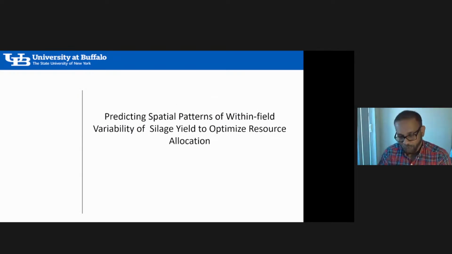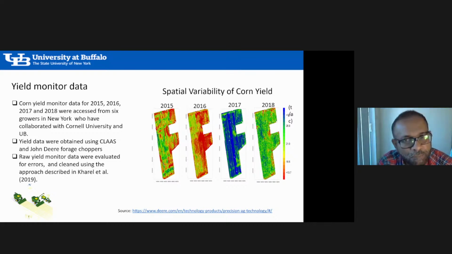In this study, I was working with Cornell University in collaboration to find out the spatial pattern of within-field variable silage yield. This is important for optimized resource allocation. That means applying variable rate fertilizer application. So we use a large number of high resolution yield data. We get the data from John Deere, and they collected the data at every 1 meter interval when they harvest